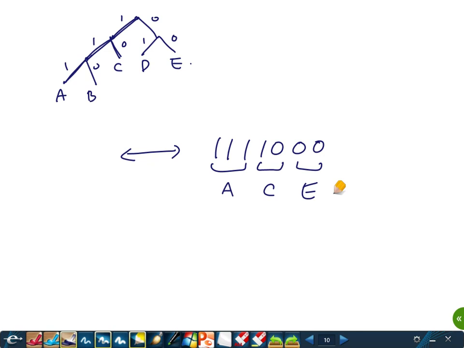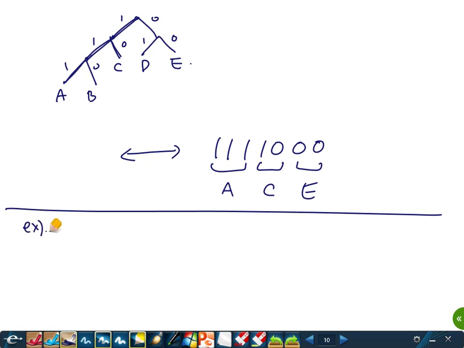There is no ambiguity here. But if you didn't pay much attention when you create a coding system, there may be some ambiguity. For instance, a simplest example: suppose that we have just A, B, C, and AB occurs very often, so I'm going to put 0 for A and 1 for B, and then 0, 1 for C. Suppose that you are given 0, 1, 1, then you cannot really determine what letter corresponds to this. There's no unique way to decode this,